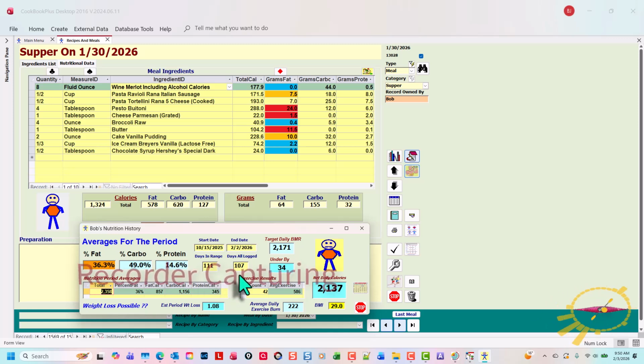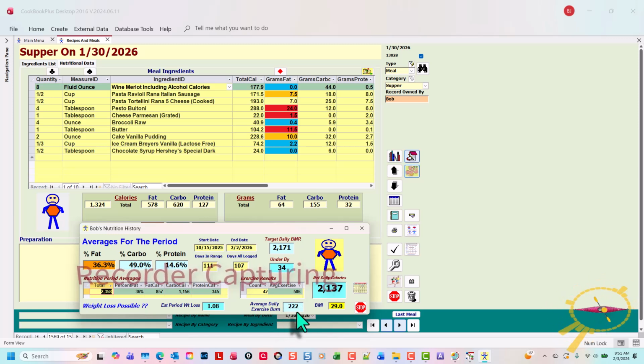We logged all of our meals for 107 of those 111 days. So we've got good data in the report. During that period of time, we averaged on a daily basis 2,358 calories every day at an average percent of fat of 36.3%. We also logged 42 exercises during the period, averaging 586 calories apiece, or over a 111-day period, the exercises